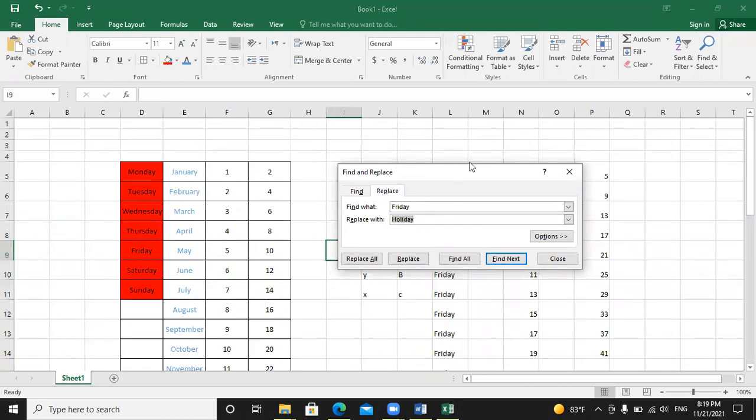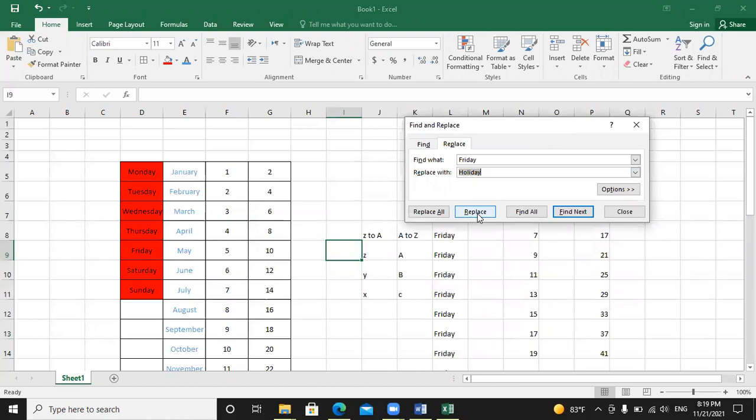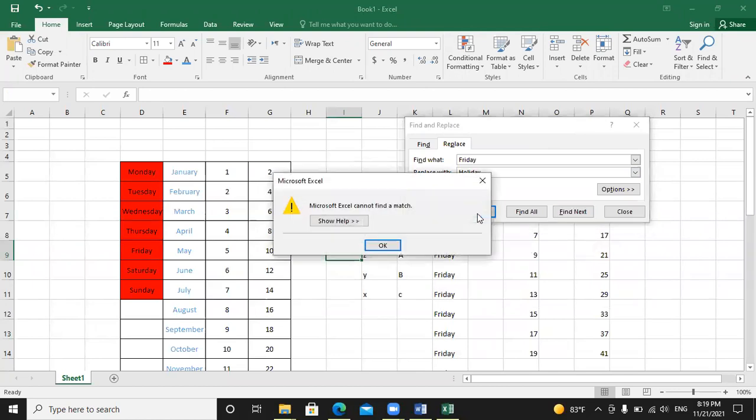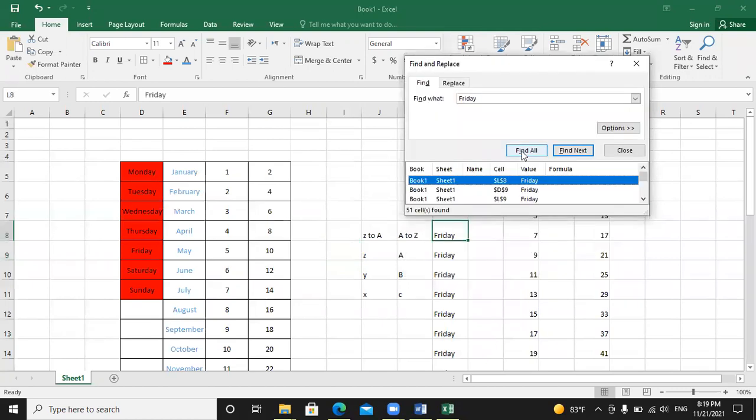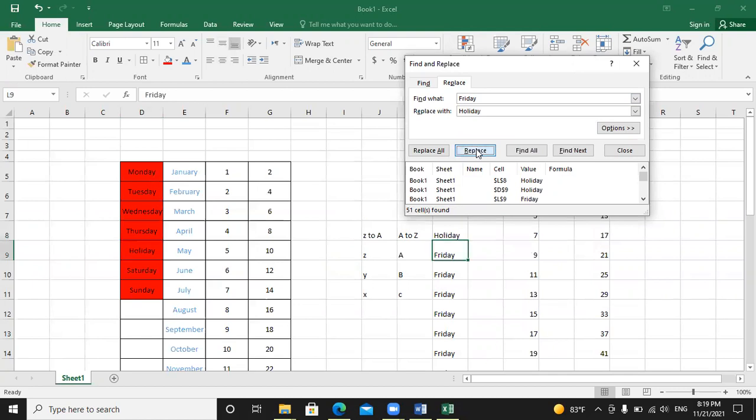Here I have two options. You can see Replace, which means it will replace one by one. If I select this one and Find All, how many do I have? 51. After that I go to Replace, and it will replace one by one.